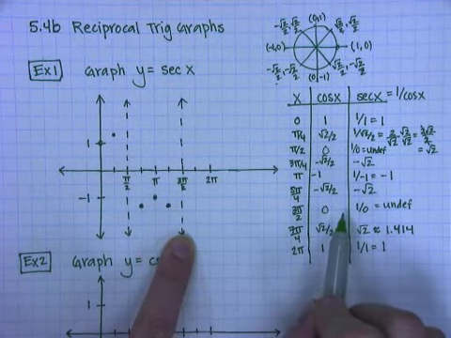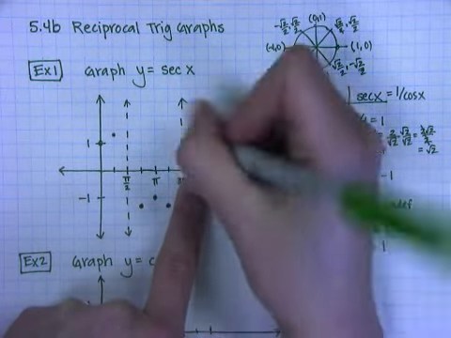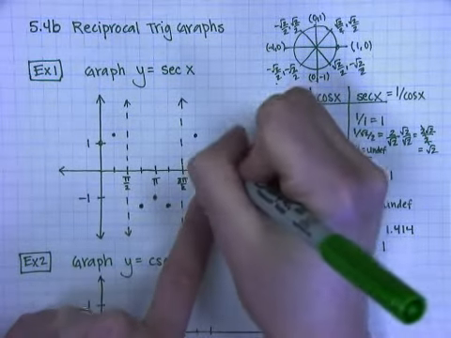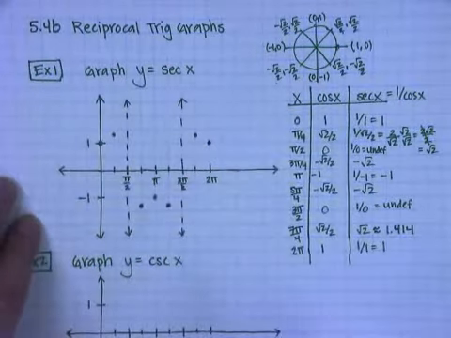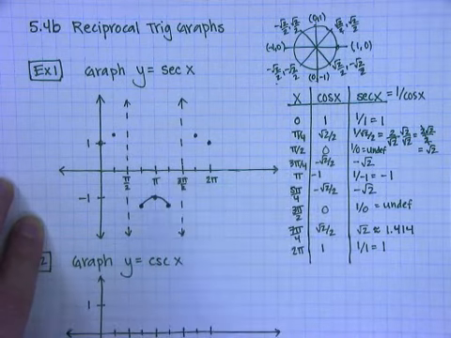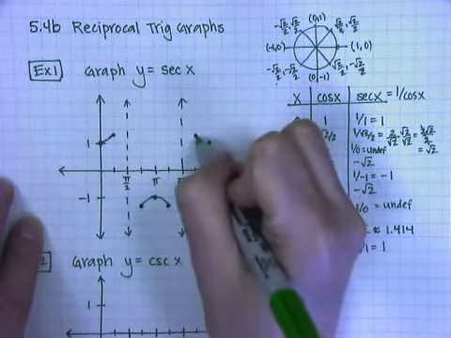And let's see, at 7 pi over 4, I'm at positive root 2. And at 2 pi, I'm at 1. So just by looking at the dots here, I can connect these guys. That looks like a curve there. But then it might be a little unclear, and I can connect these guys too, where your graph would go